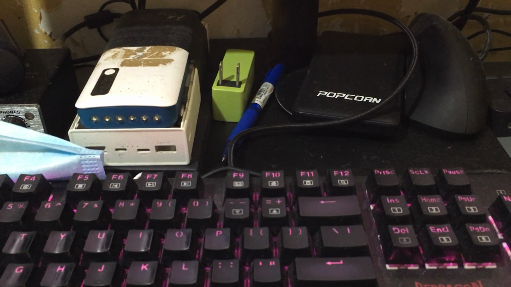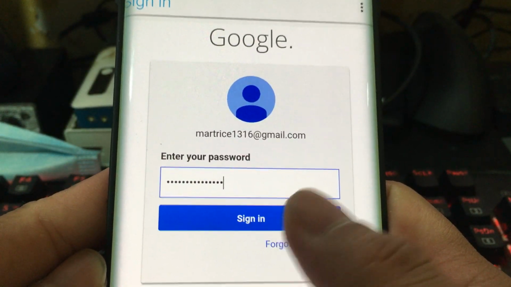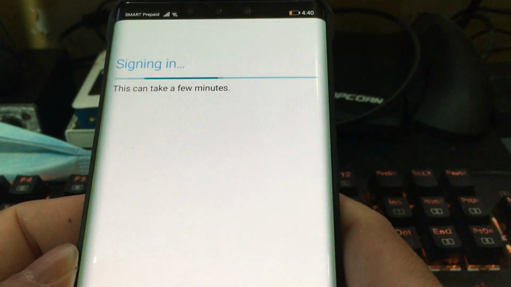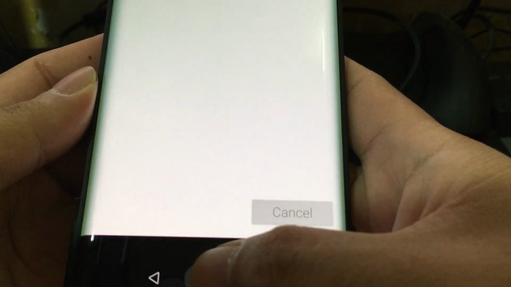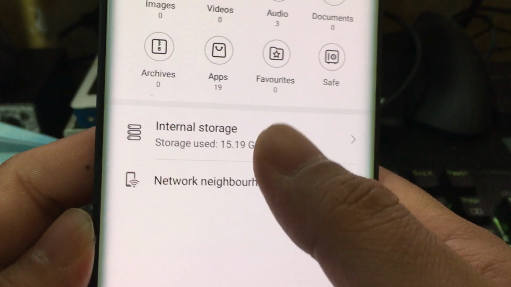Hold on 1 second there. Okay, so I have the password in the password field. I got the sign in thing. Just leave it in the background like that. There you go. And go back to our files